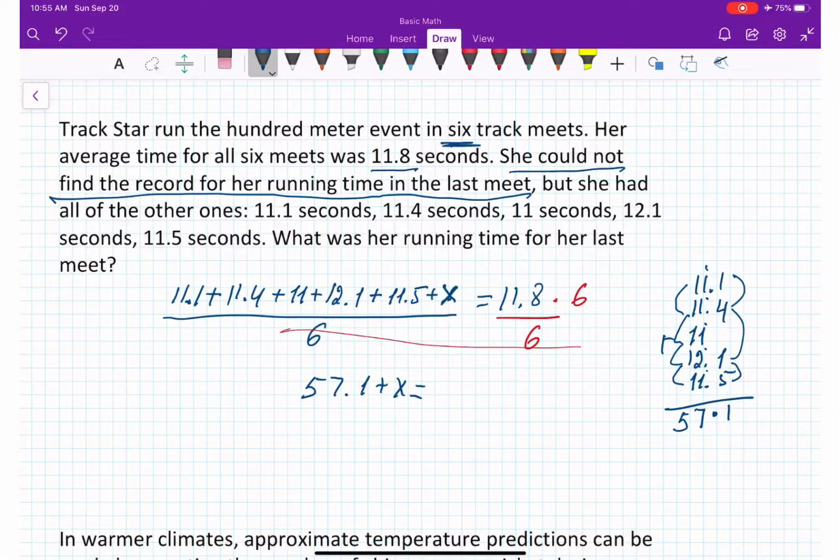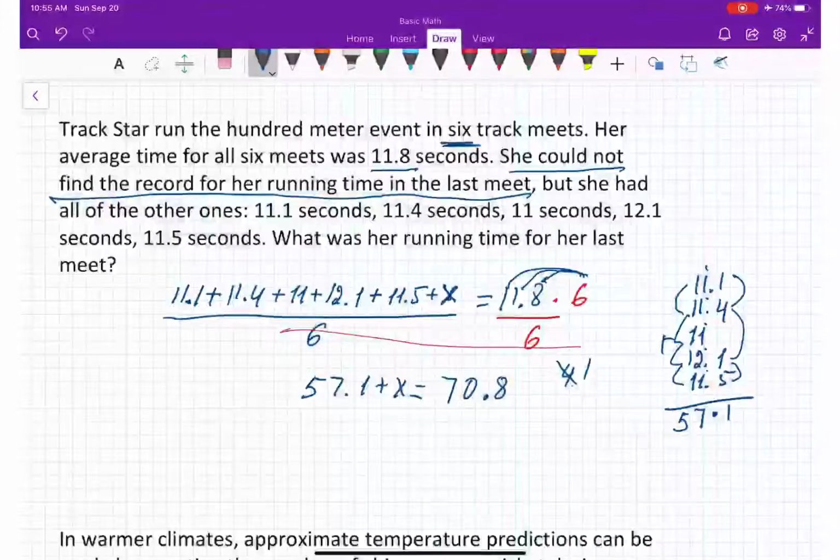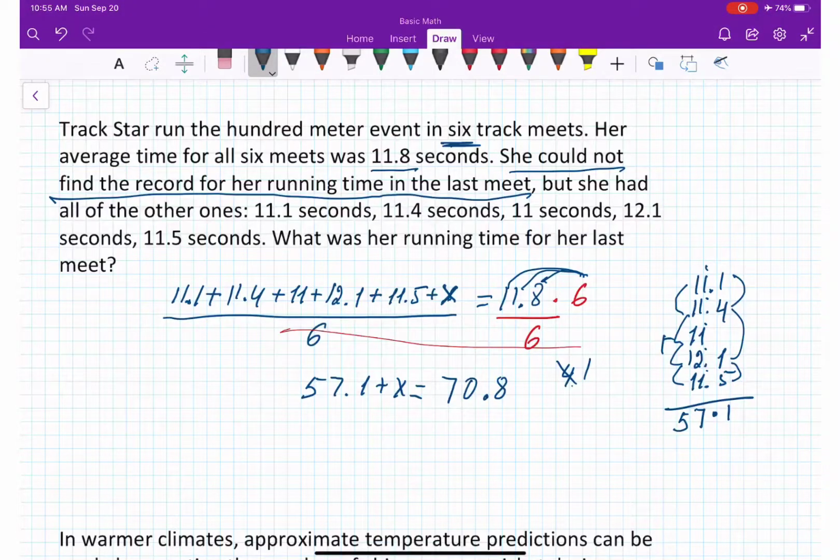So 11.8 times 6. Let's multiply. 6 times 8 is 48. Decimal notation comes here. 4 in mind. 6 times 1 is 6, and 4 will be 10. 1 in mind. 6 times 1 is 6, and 1 will be 70.8. Okay, so X is going to be equal